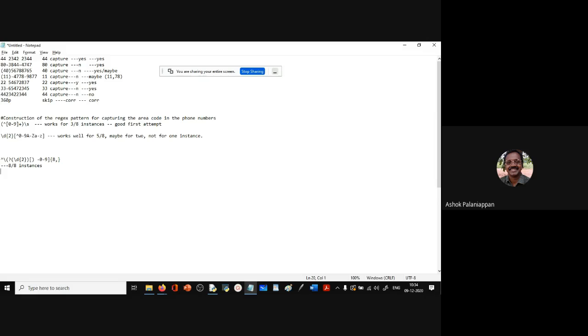Everyone agrees with this pattern? The important thing is just here. What we have here is the key part, where I'm escaping the parenthesis and then putting a question mark for the parenthesis because it is optional. Is this clear to everyone how we can construct a pattern that will match the phone numbers, whatever the format may be? All of these phone numbers will match this pattern.